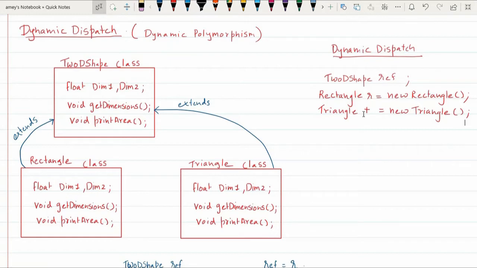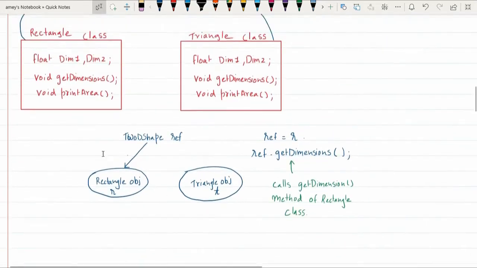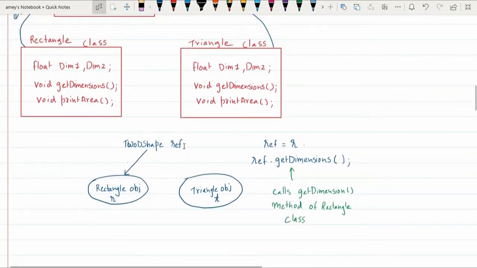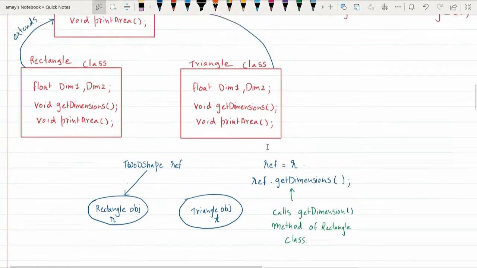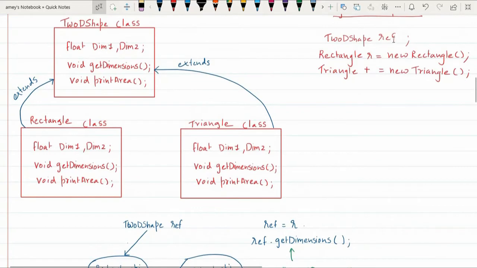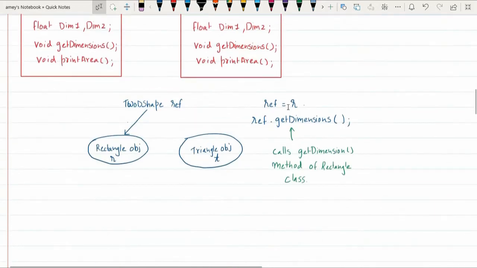The automatic type conversion will happen if a superclass object reference tries to point to a subclass object. So now we have just created a reference of type 2D shape, ref is the reference variable's name, and we just say ref equal to r.